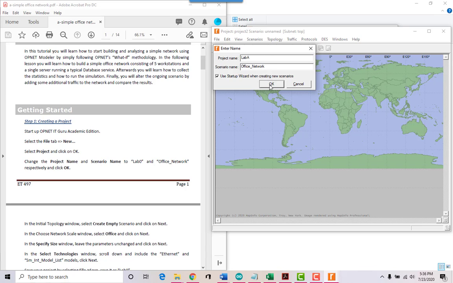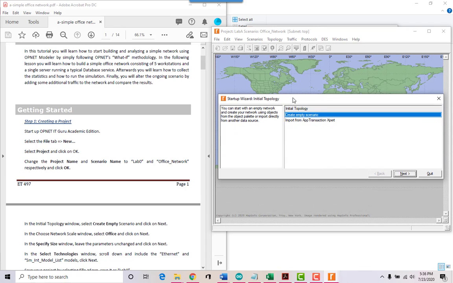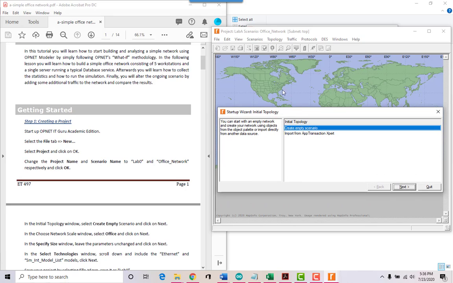It doesn't have to be exact, just name it something. Click OK. In the topology, and topology really is how you design your network. Is it going to be a star topology? How are you arranging your devices? Right, so the next one is just create an empty scenario.